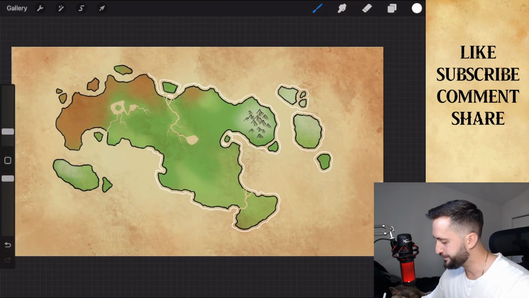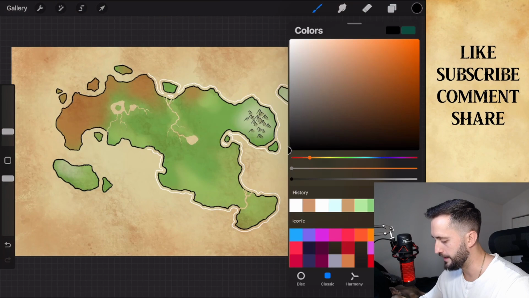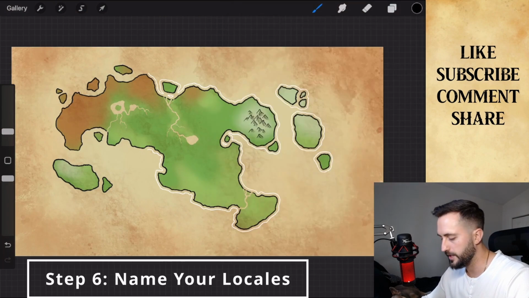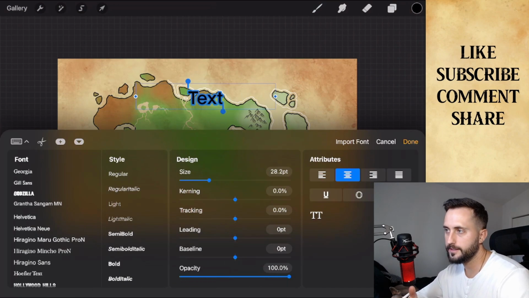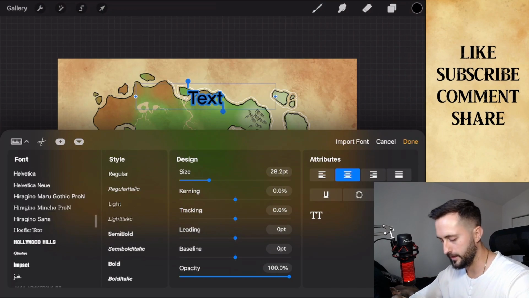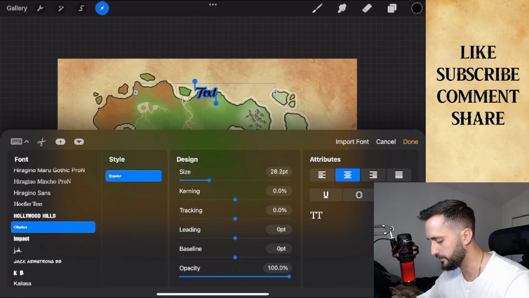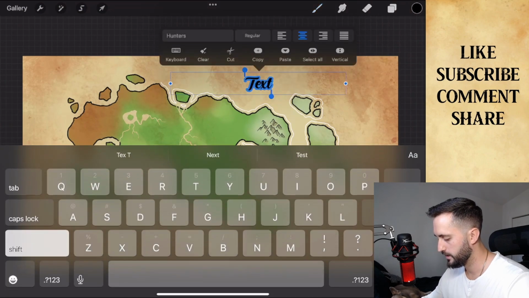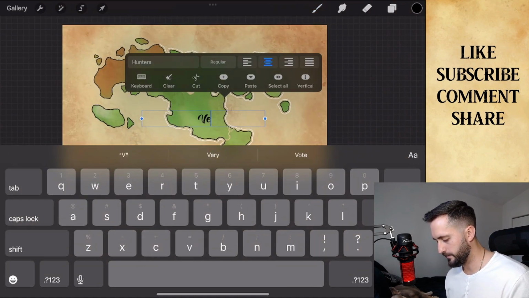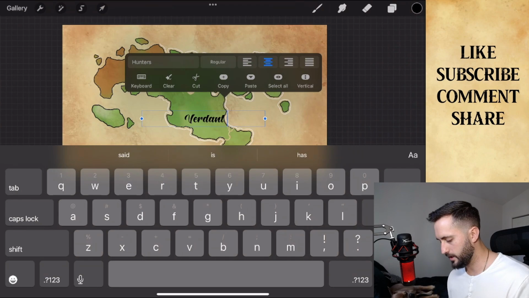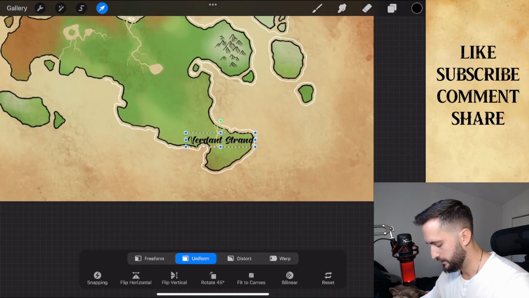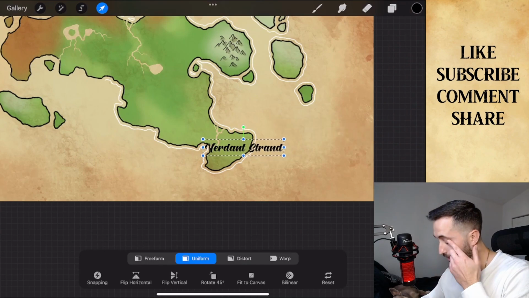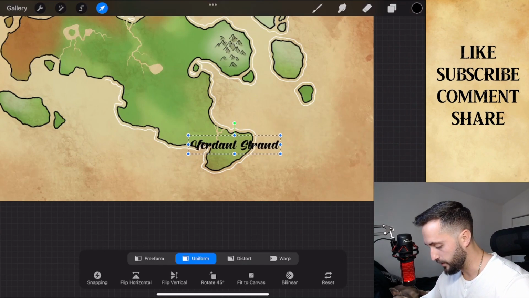And then what you would do is you can start naming whatever your regions are. Your font type's kind of up to you. If we're doing a fantasy thing, then you want it to look like it was written down with a feathered pen or something, so maybe something cursive can work. We'll call this the Verdant Strand. And then you can either put it right over it like this